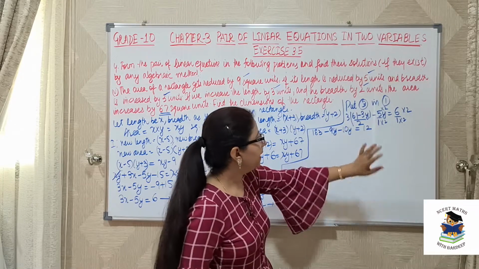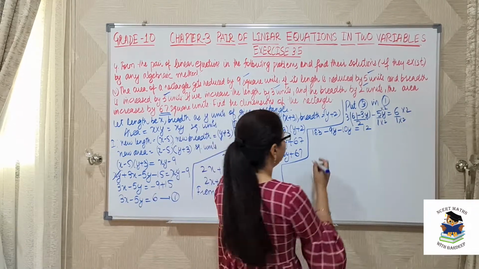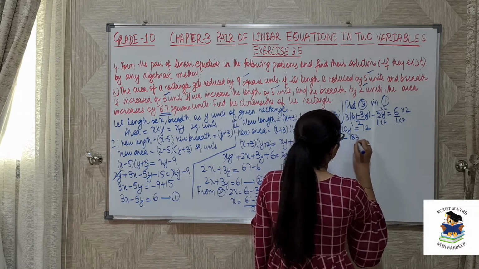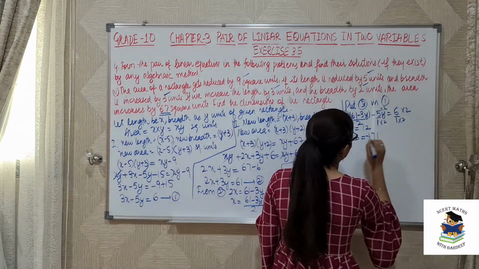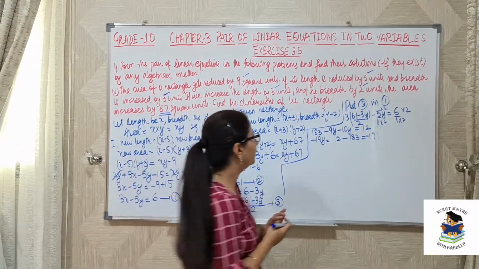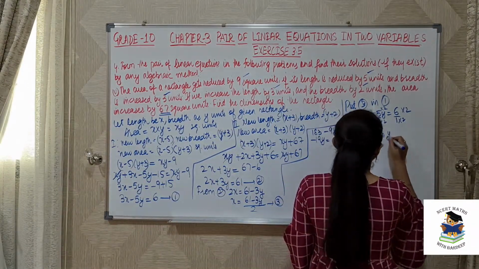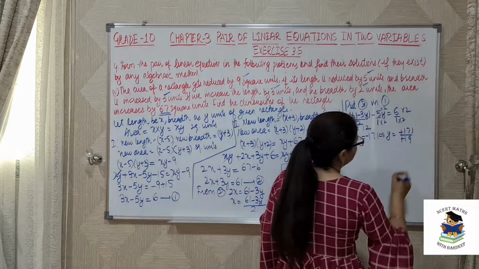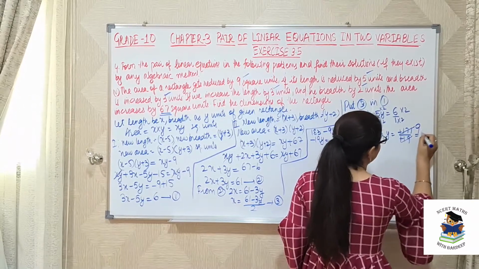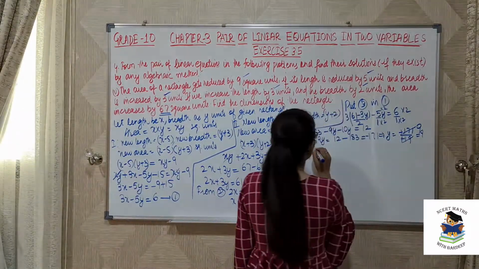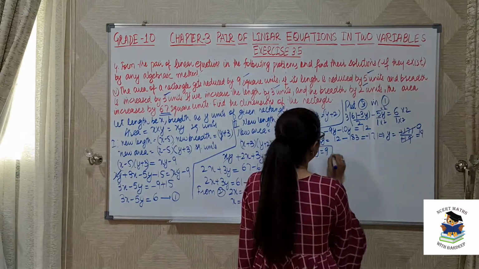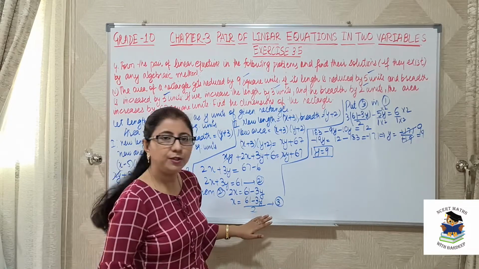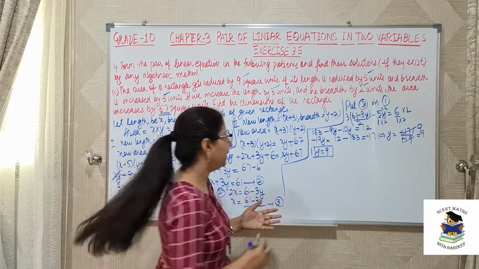So now 9y minus 10y will be minus 19y. And this is 12 minus 183. So this will be 171 with negative sign. Okay. Then what is the value of y? This is minus 171 over minus 19. So 19 9s are 171. Okay. So what is the value of y now? That is 9 units.